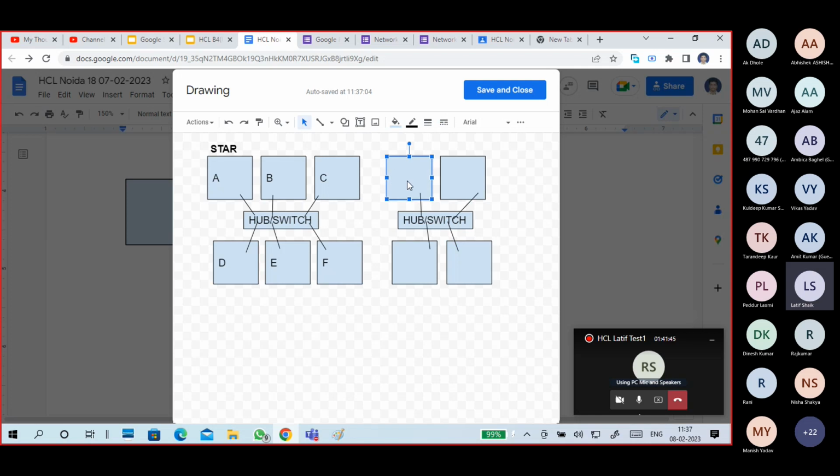I will put some different labels: A, B, C, D, F, G, H, I, J. This is another segment or another network. So we can connect like this, but we need this kind of connectivity. The dotted line is the representation of